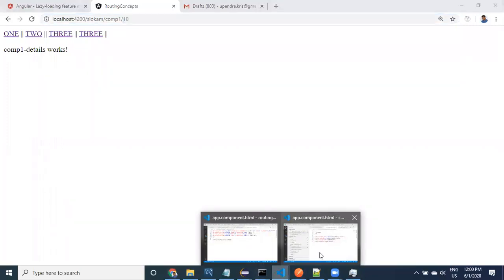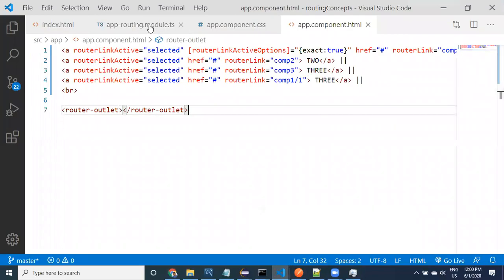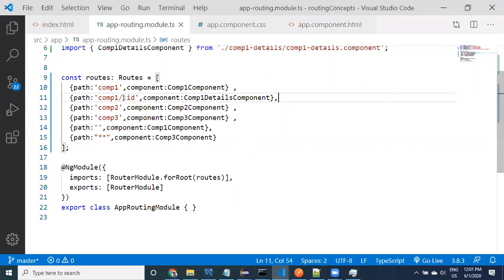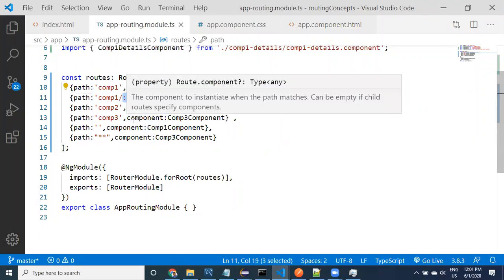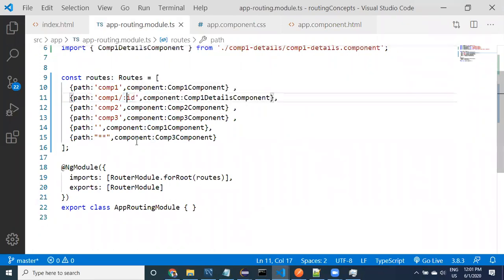When we are providing the routing, see here guys, colon ID is important here. If you provide simply ID, that is different. This is a variable, and this value can be read in the component.